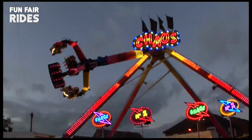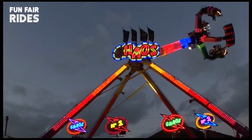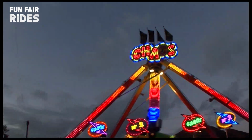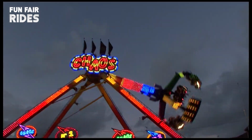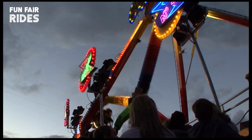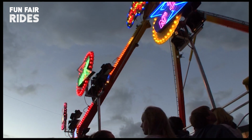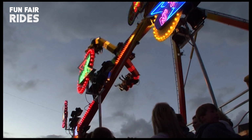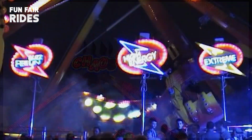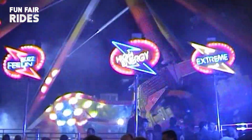Coco Bongo would be one of the first Street Fighters built in 2003, and would open in France. A few months later, in October, Technical Park had already announced over 10 orders in the first 3 months of the Street Fighter's production. In the first 4 years, Technical Park would go on to sell 43 versions, including 6 to the British Isles, with 4 going to the UK, and 2 going to Ireland between 2004 and 2005, with a further version in 2007, which opened for the final season of Seaburn's amusement park, then operated by